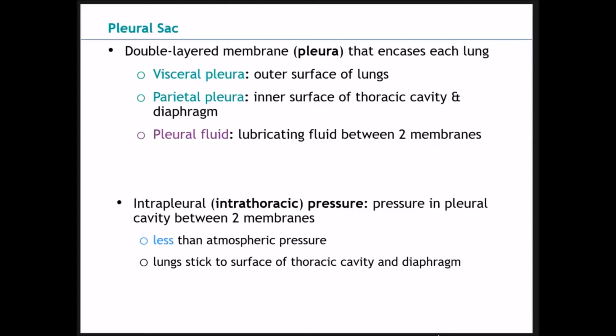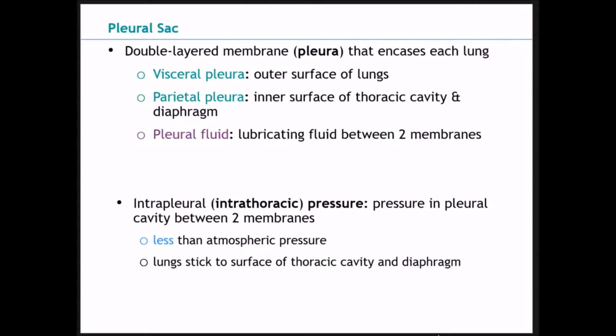So let's give an example. If the rib cage moves, the lungs remain in contact with the surface of the thoracic cavity and the diaphragm. This does result in a change in lung volume. The muscles external to the lungs create a change in the thoracic cavity volume for the air to move in